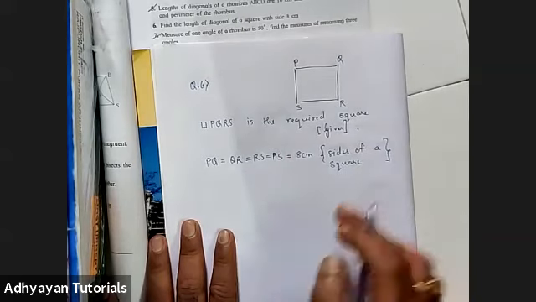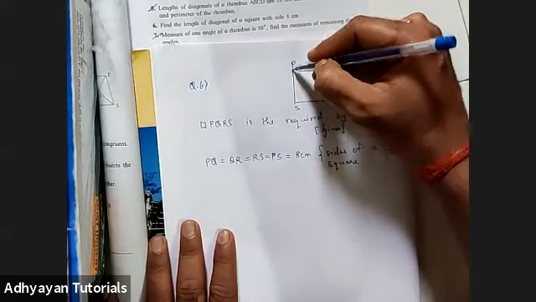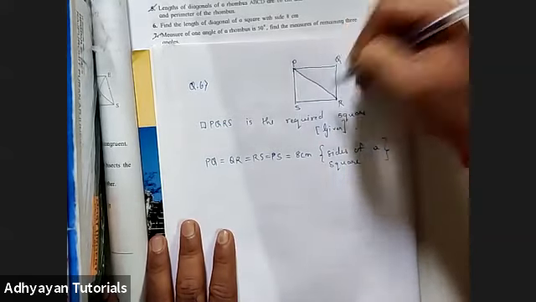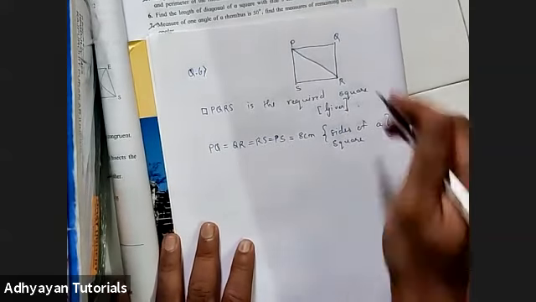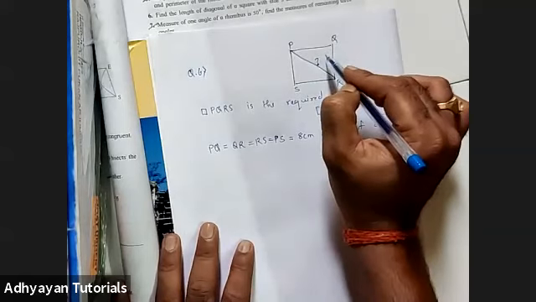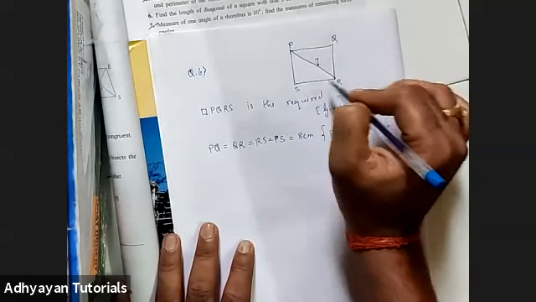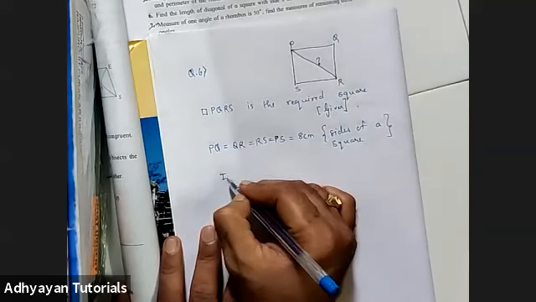They all are equal. So each one of them is equal to 8 centimeters, and we need to find the diagonal. Let's say the diagonal which we need to find is PR. We can consider it randomly. It is up to us. So question is, how do we find PR? Now either you consider triangle PQR, or you could have also considered triangle PSR. It is our choice. Let's say I talk about triangle PSR.